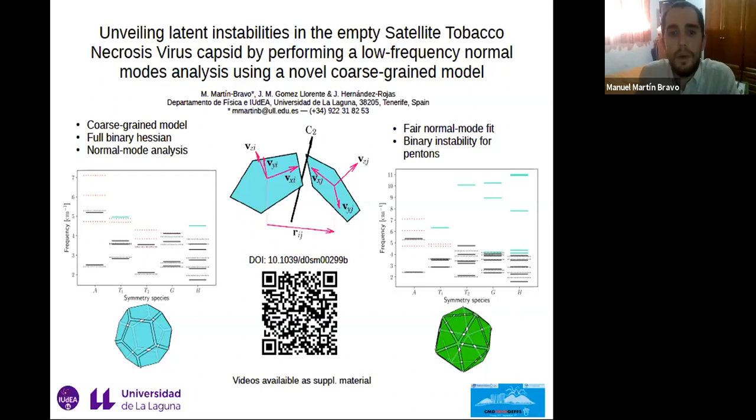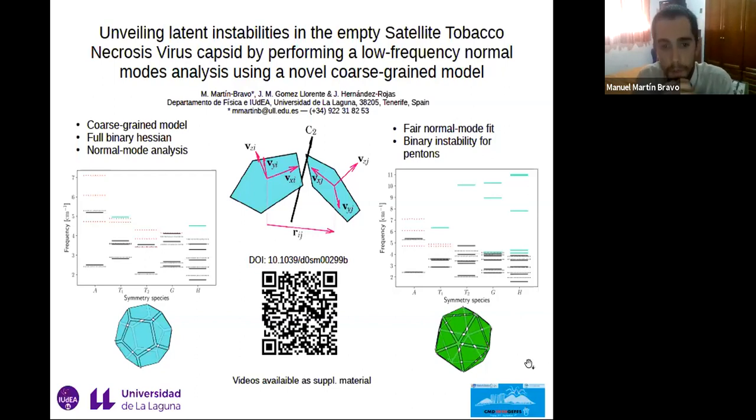So we have developed a coarse-grained model which is very interesting for one reason, and it is that it provides us a full Hessian matrix for the binary interaction. That's remarkable, since so far we haven't found any other model which provides such a thing, which is very useful for the analysis of the normal modes. We have applied the normal mode analysis for the empty capsid of the satellite tobacco necrosis virus, based on the work of Teichmann